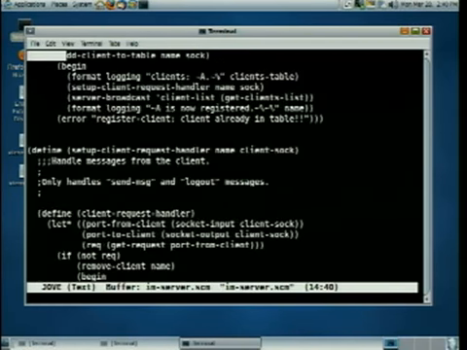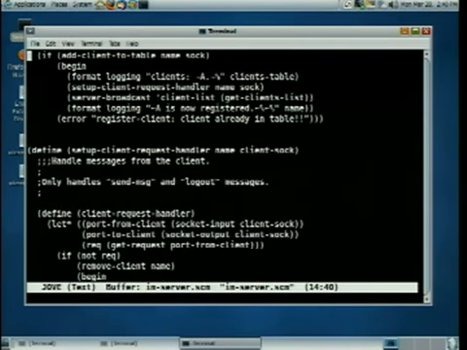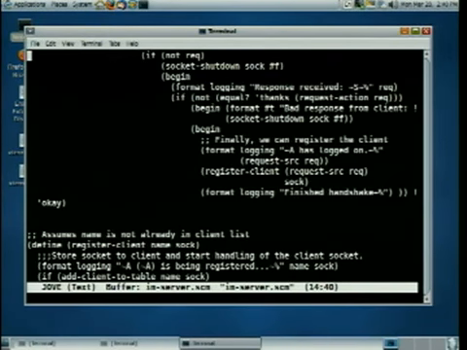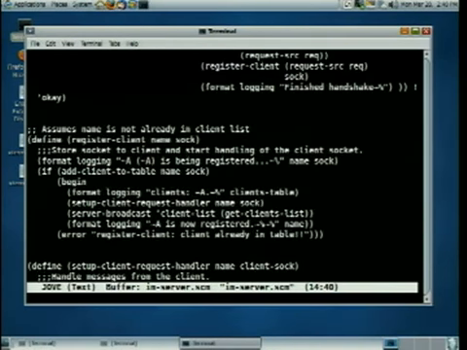All right, now let's look at register client, which is right here. How do we do that? Well, we add client to table.